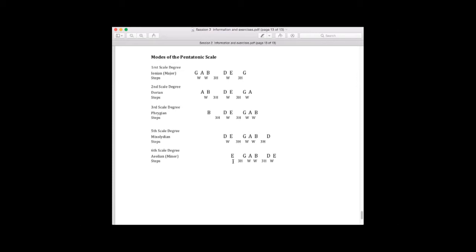E, there you go, 3 half steps to G, whole step to A, we get a step and a half, go to D, whole step and a half, and then we get a whole step to